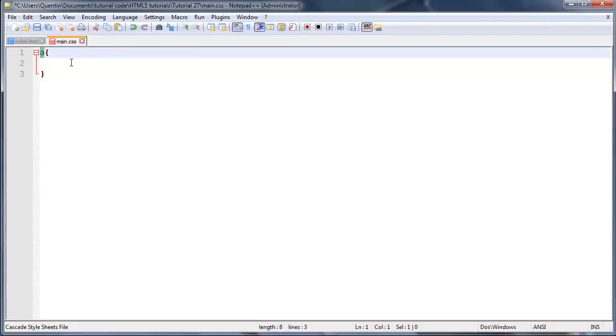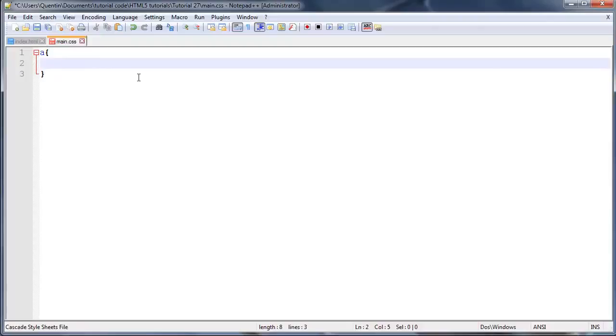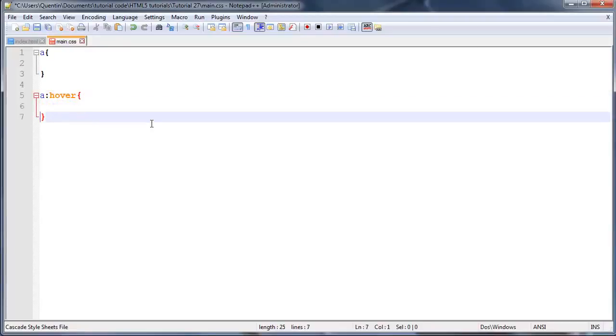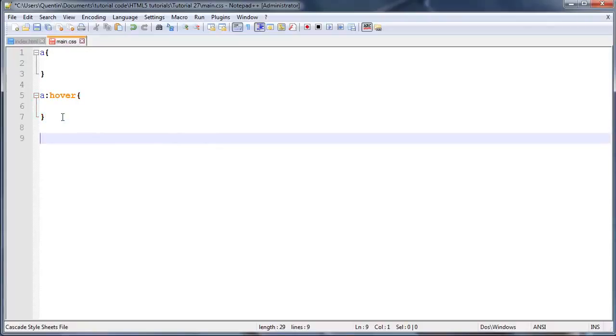So that would just be A by itself. Then the second state that we can style our link in, and this is where we make use of pseudo classes now, so we're going to have to put that colon in there. And the second class is hover. So this is basically while your mouse is hovering over the link,